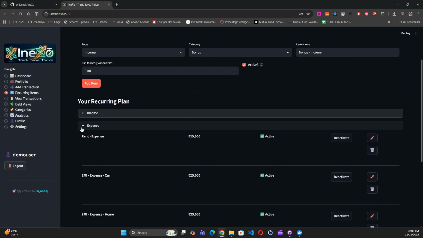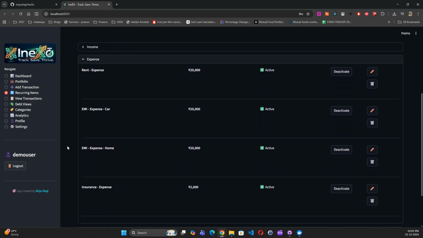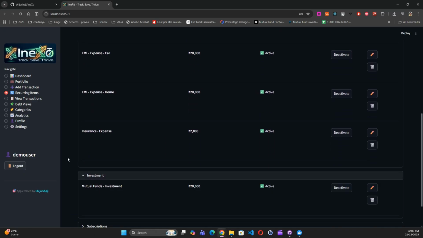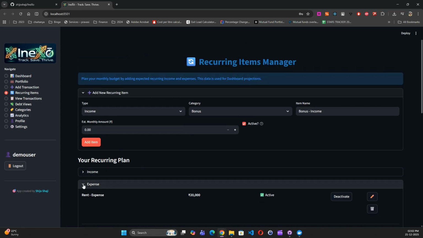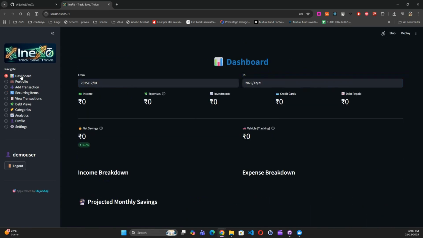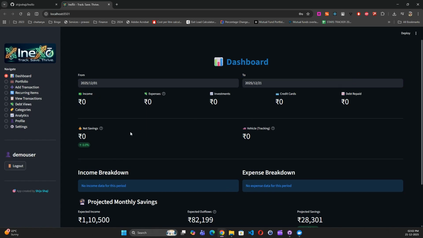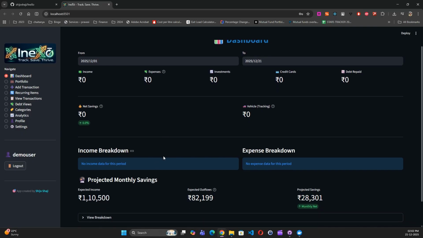Let's minimize this. So we have rent, EMI, car EMI, home, insurances, expenses, then investments, we have subscriptions. Okay. Now let's go to this dashboard view. Now this projected monthly savings, this is from this recurring. So this is not the actual. This is a projected. It says that hey, look,